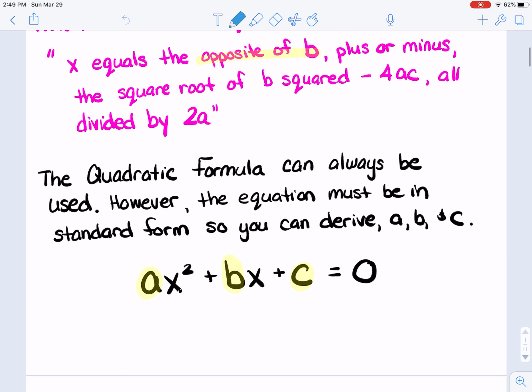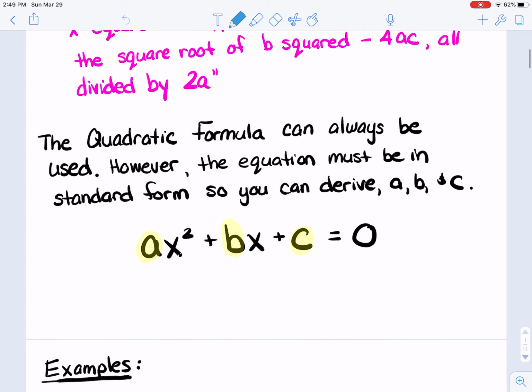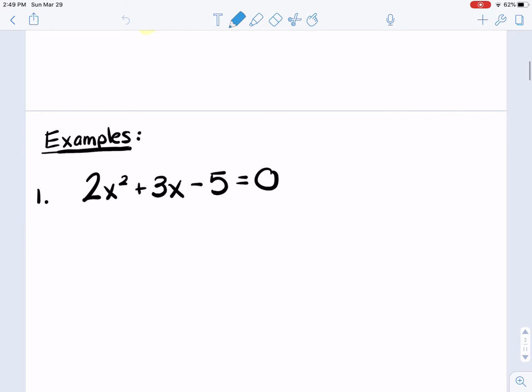Now, as I was already stating, the quadratic formula works on every single quadratic equation. It will always work. However, you first have to get the equation so that it is equal to 0, so that you can get out what the a value, the b value, and the c value is out of the equation. So let's do some examples. In the first example,